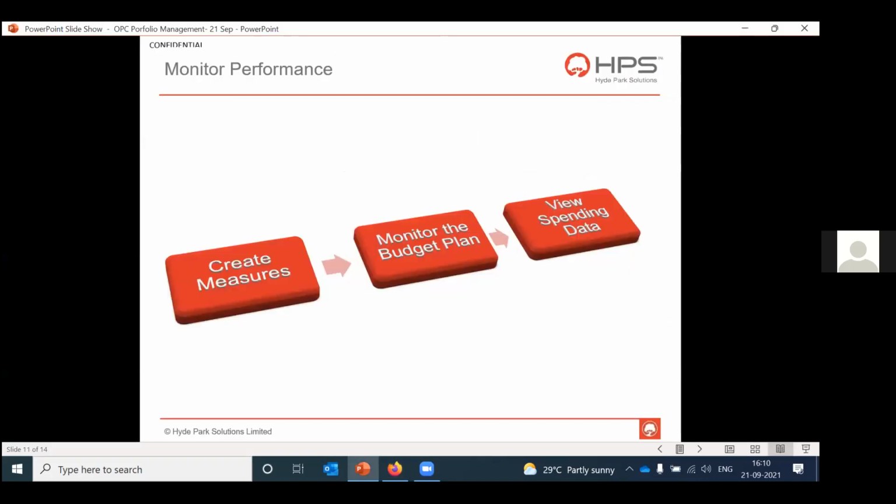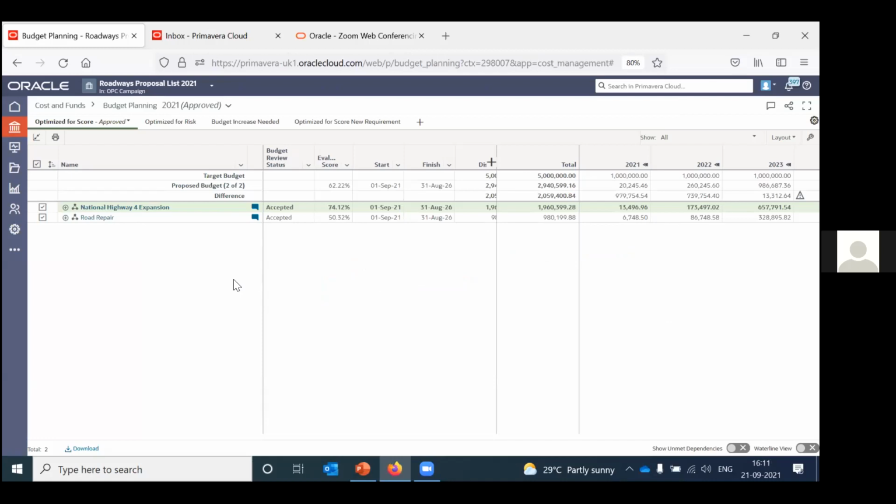Moving on to the next topic, which is monitoring the performance. You can create measures. You can create measures at the workspace level and monitor the budget plan. To monitor the budget plan, you can monitor it at the portfolio level. One place is you can go to the scorecard,